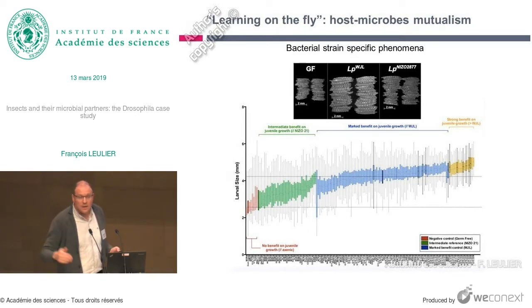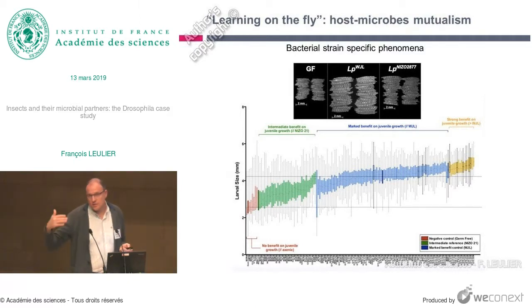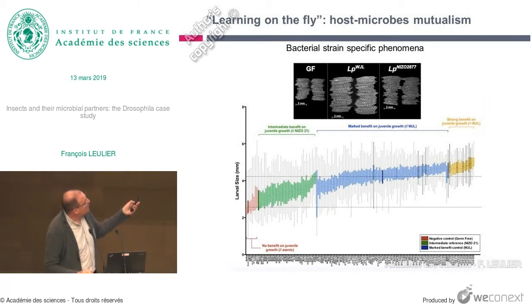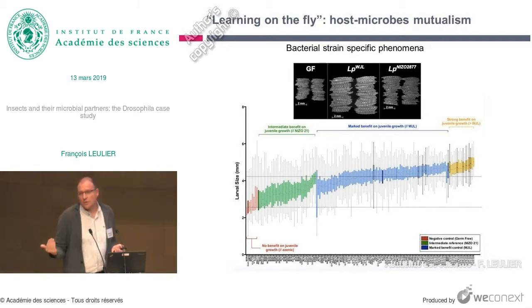So before screening, what we did is look at different bacterial strains and the impact of those bacterial strains on larval growth. And as you can see on this graph, we could separate strains as super growth promoters, intermediate growth promoters, or non-growth promoting strains. In all those three categories, the bacteria grow very well on the diet and associate very well with the larvae. So there is no difference in colonization. The red ones are the ones where the larvae are similar in size to the germ-free, which relates to the fact that those strains were not able to colonize either the animals or the diet.